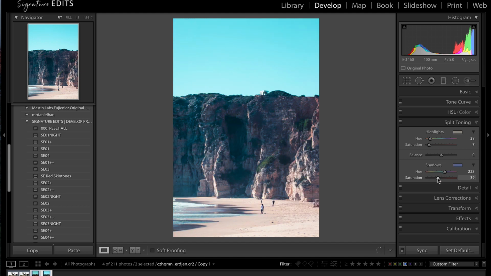As you can see, you can do some pretty extreme effects if you want to. But we're going to be subtle. Little by little, we're going to build this image. We're going to skip the detail, lens correction, transform effects, because those don't affect color so much, and go right